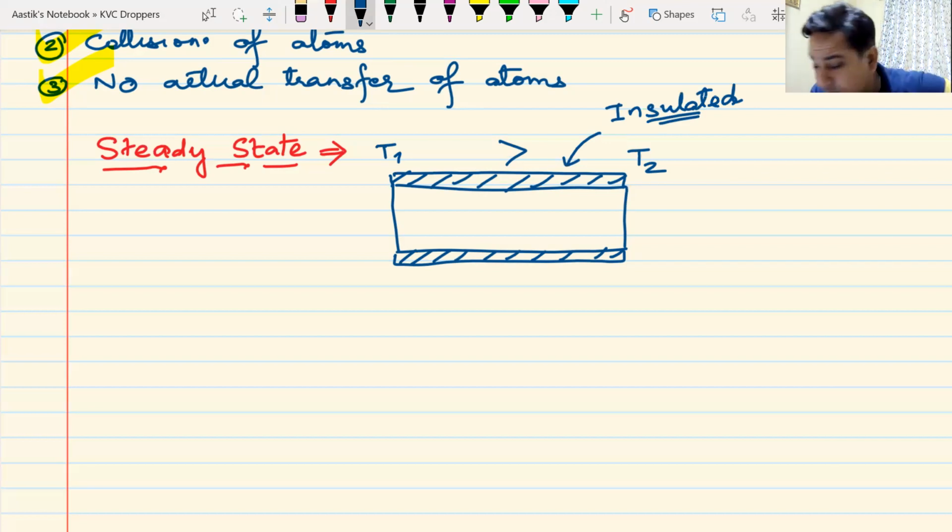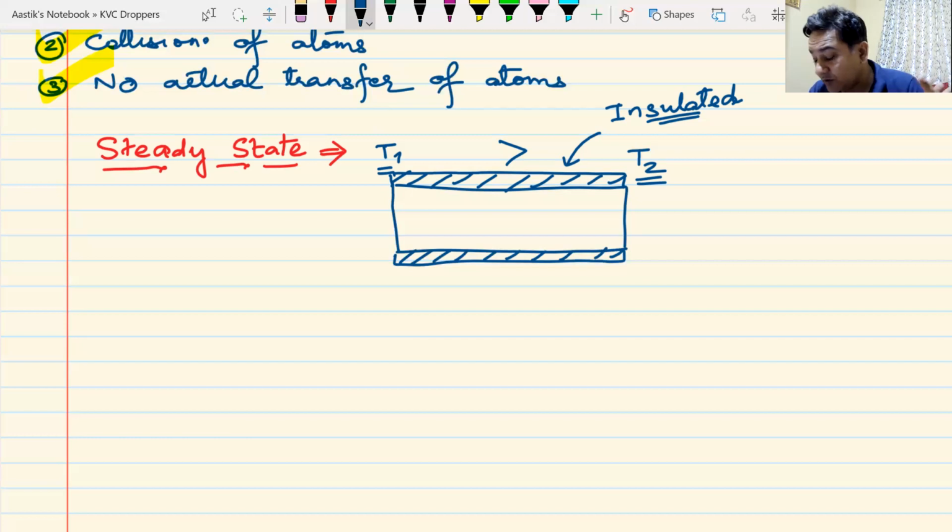So I have a solid body. One end, let us say, is maintained at temperature T1. The temperature of this end remains constant. The other end is at temperature T2. This also remains constant. Obviously, we can encounter cases where T1 and T2 also change, or any one of those changes. There are a lot of questions on this. We'll do one of those, probably from SL Loney or H.C. Verma, so we'll try to solve that. Anyways,